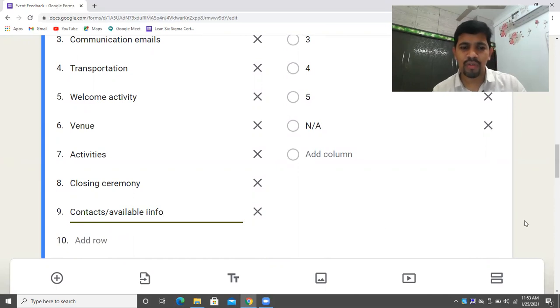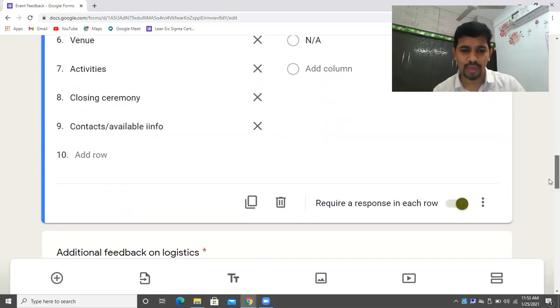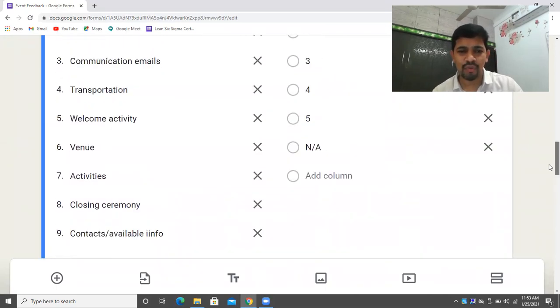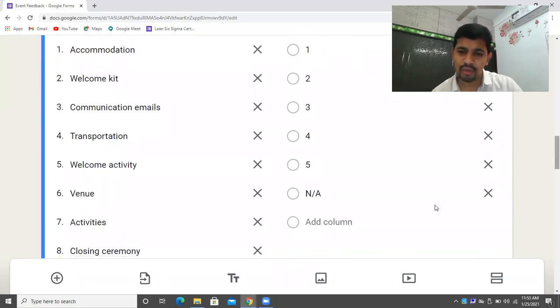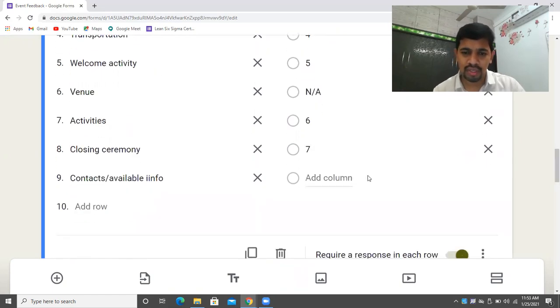Maybe if you wanted to, you can also add these, like any slice and dice. For example, if you wanted to remove any of the things, like say welcome activity I don't want, you just click here, it will go off, right? Like this, 9 activities are there now. Instead of 1 to 5, if you wanted to have 6 and all that, you can do that as well. Let's say I wanted to make it 6, 7, and so on and so forth, 8,